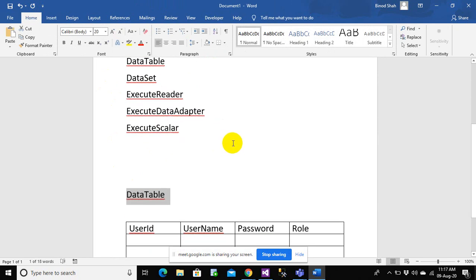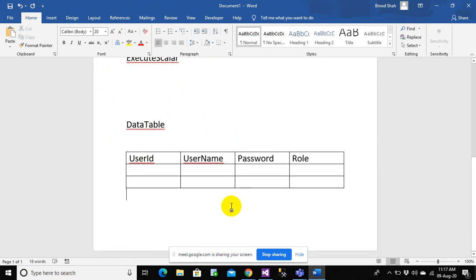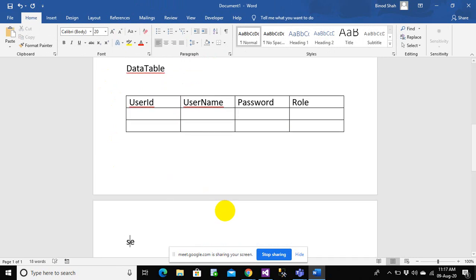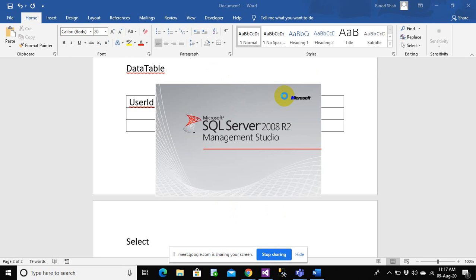Let us say now I try to bring some value by writing a command, select star from. Let me go into the SQL part and explain what I'm trying to do there.